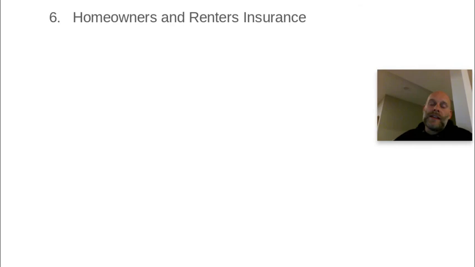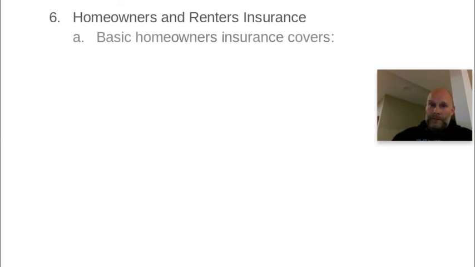All right, and finally, last thing we want to cover in this chapter: homeowners and renters insurance. Of course, as we discussed in the insurance chapter, you own a home, but you really don't own the home until you make your last payment and you get the deed. Same thing with a car. The bank owns that asset, and they are going to require that insurance be taken out on that asset.